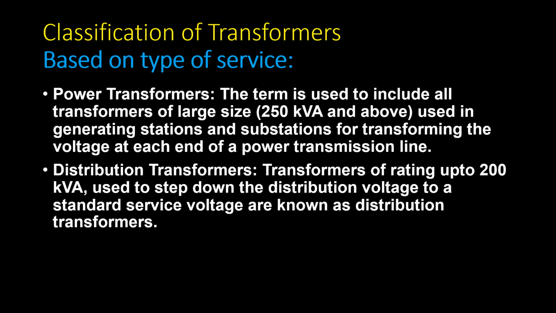So in your premises, in your localities, in the areas where you reside, you will find two-pole mounted substations. The transformer installed on those two-pole mounted substations is a distribution transformer. It receives electric power at 11 kV, and up to your home, up to your houses, it is stepped down to either 230 volt or 415 volt as per your requirement.